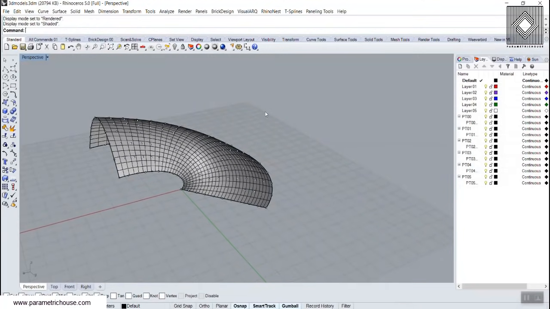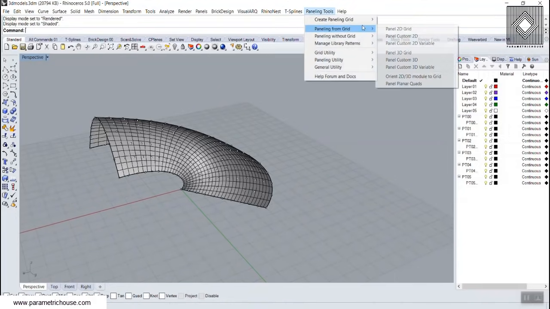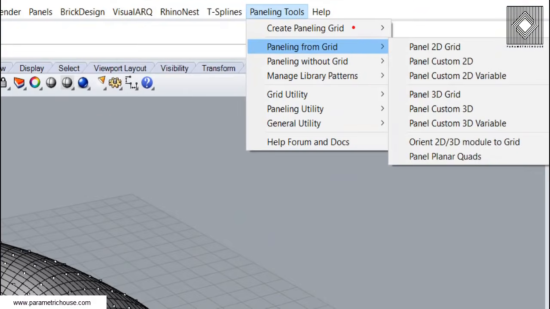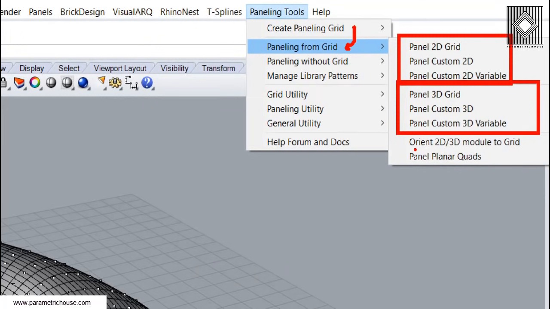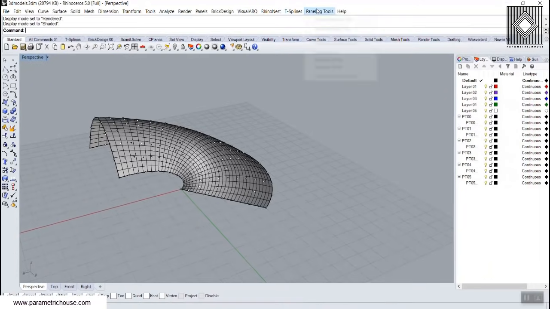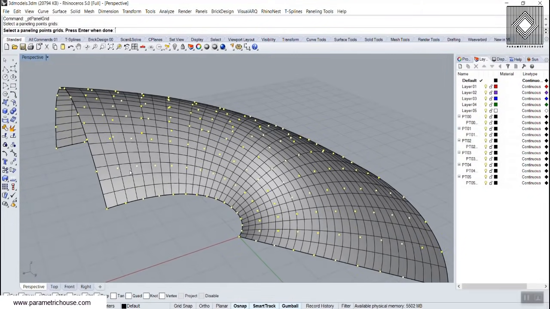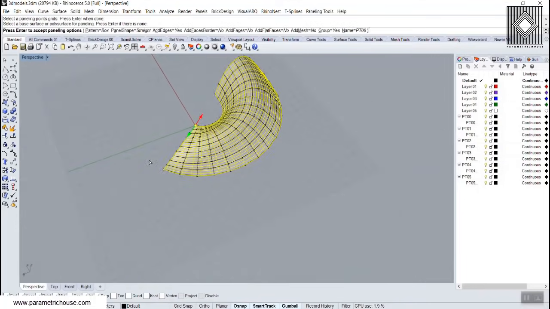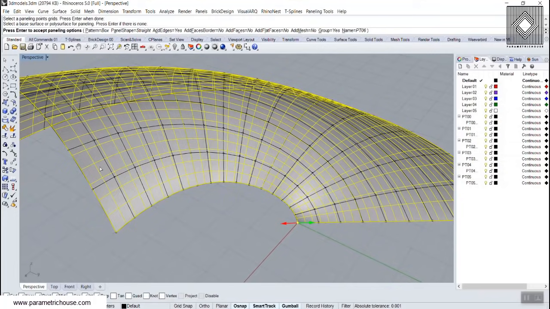After producing the grid, we can go to the paneling tools and use the paneling from grid, which is basically using the grid to panel, is to use these panel 2D and panel 3D tools. You can also use the orient and the panel planar quads, but we will not use this in this tutorial. So we're going to talk about panel 2D and panel 3D. Okay, so if you go to the paneling tools grid, panel 2D grid, you can see that you have to choose those grids. Okay, the grid is chosen, and then enter. Then you have to choose the base surface, and now you can see that a set of panels will appear